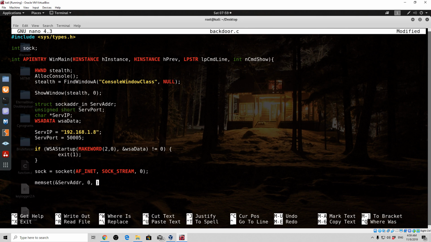And the third parameter is going to be the size of the variable, and we can get that with the help of a function called sizeof. In between the brackets we specify the variable name. Okay, then semicolon at the end, and we can use this function to zero all the content of this variable right here. Okay,